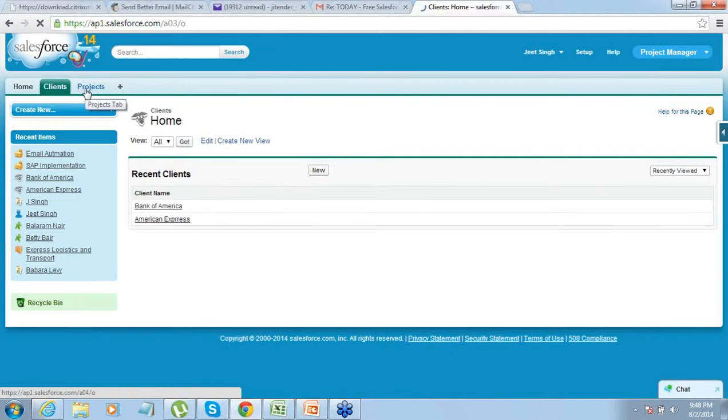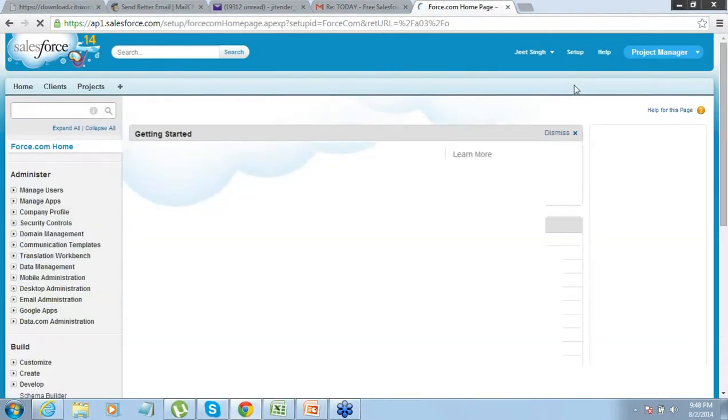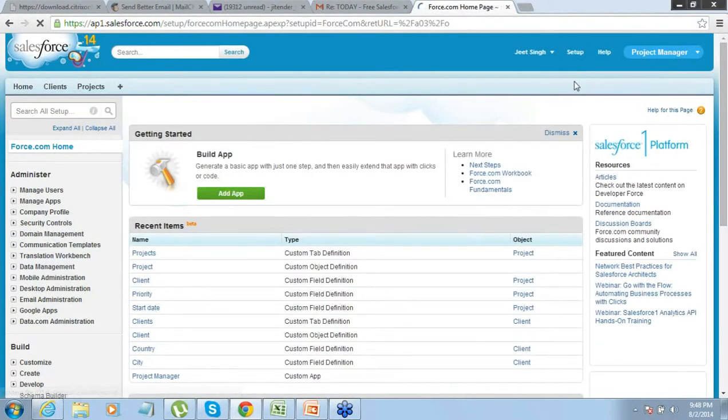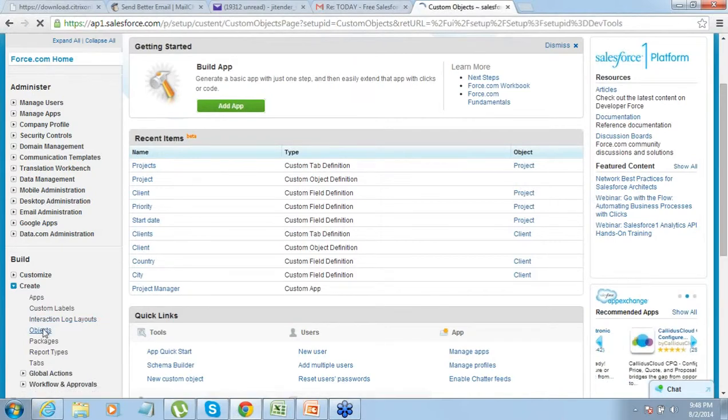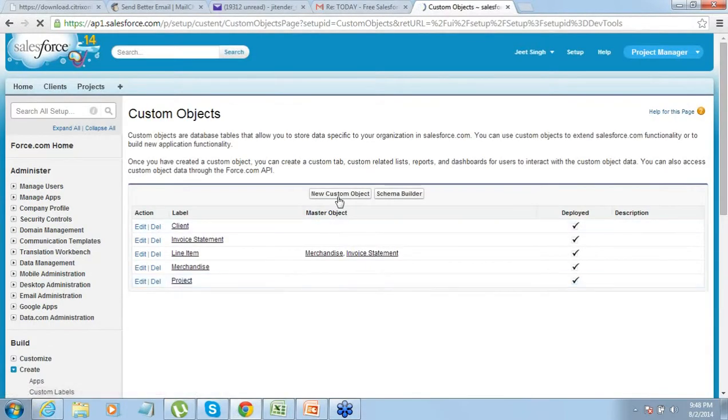There's one more object that we'll create under this, that is the consultant. So let's go and click on setup. Now this time I think you don't even need to follow my instructions. You can straight away go and do it, but I'll still do it for you all. So just go to setup, create objects, new custom object.